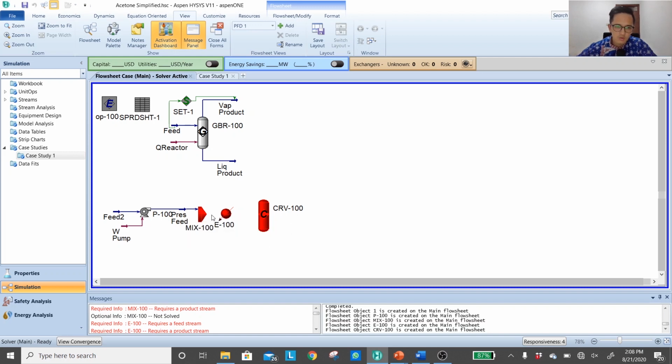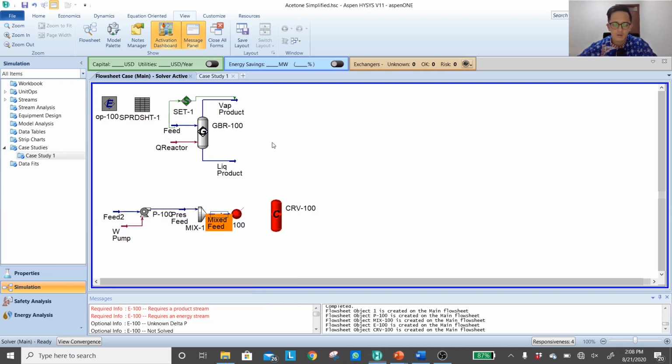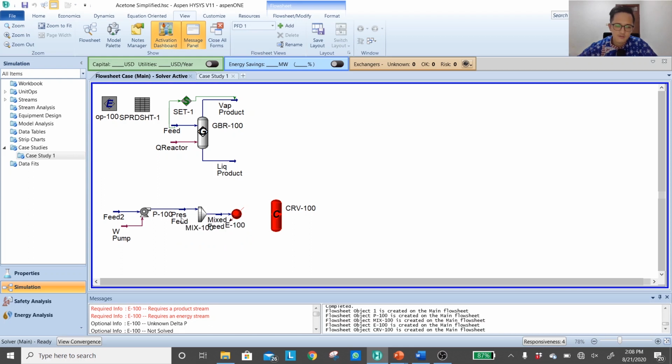And it will be linked to my heater. Name it as mix feed. At this point, the mix feed is still the same as the pressurized feed because we haven't identified the recycle from the separation. Okay, and then let's connect the preheater. Again, just use a simple heater for now. Later on, you can change it to shell and tube or even perform some heat integration.